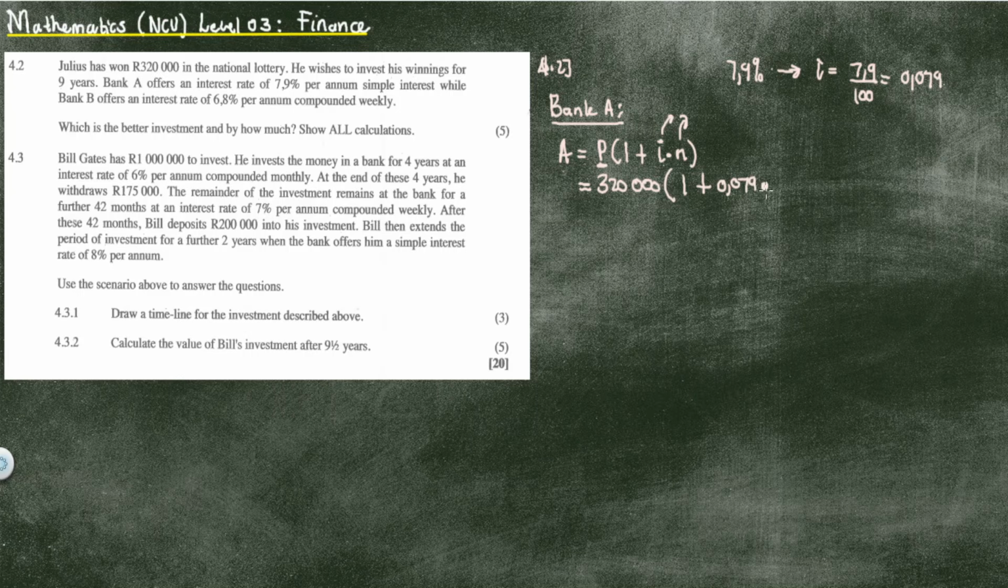0.079 multiplied by n. What is n? It's the number of years. It's 9 years. It's invested over 9 years. It's stated in the question. So 320,000 open bracket 1 plus 0.079 multiplied by 9, I am getting